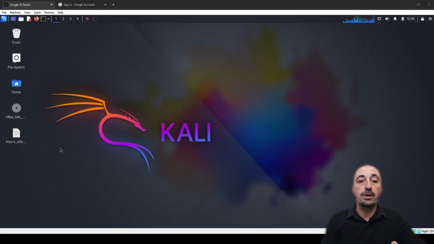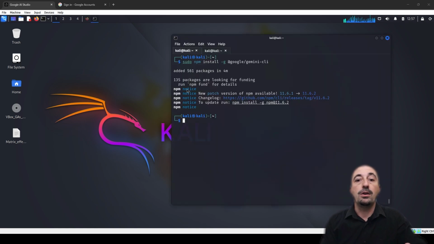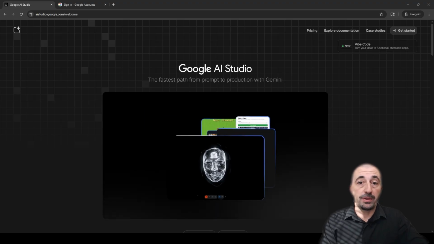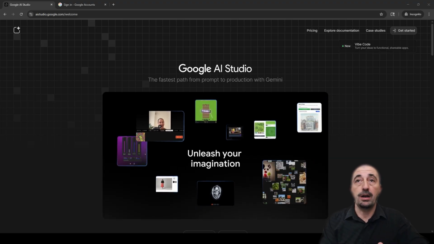So what we're going to need for the Linux environment is Ubuntu, whatever you would prefer. And then you would need to install the NPM libraries. In this case, I'm going to use the Google Gemini CLI. So that would be installing all the packages that I'm going to need. And then I'm going to be able to run the Gemini. But before running, you would need something else. So if you select the Gemini, you would have the